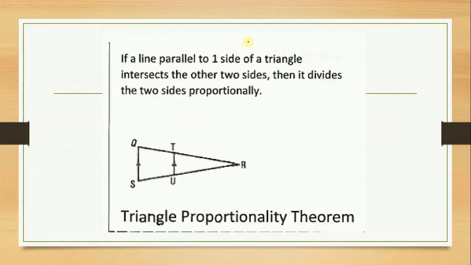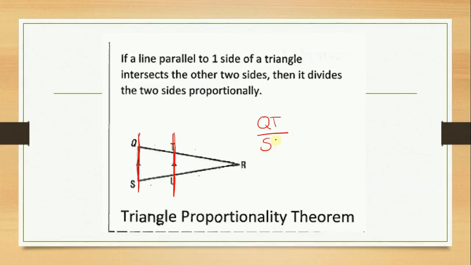So, first theorem that we're going to talk about today. If a line parallel to one side of a triangle intersects the other two sides, then it divides the two sides proportionally. So if I have two sides that are parallel to one another, it's going to cut these pieces into proportion. So ultimately what I can say is that QT